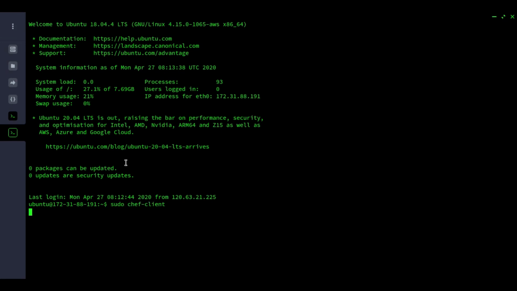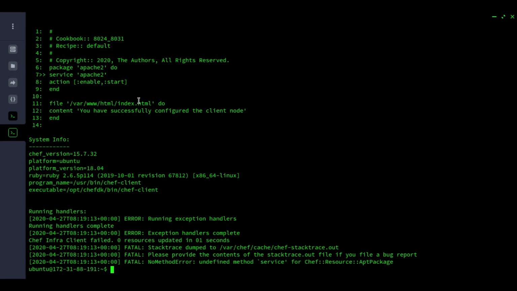and when we do that, you have to be the root. It's compulsory to be the root while accessing the etc directory. Okay, the problem was we had put the do command after the package. It has to be after the service. So we have made the change, uploaded the cookbook. Now we'll run the chef-client command in order to pull the cookbook.